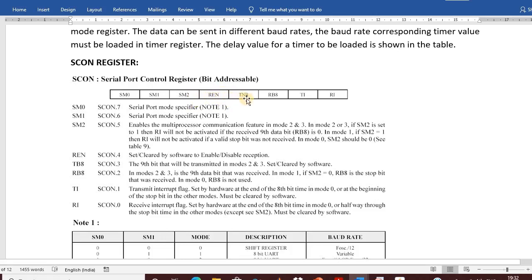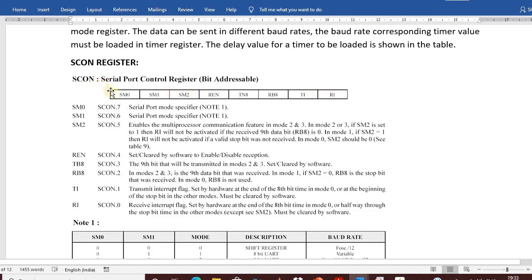Then transfer bit 8 and receive bit 8; both of these pins are used for mode 2 and mode 3. The next two bits are the transfer interrupt and receive interrupt. Once the transfer finishes successfully, the transfer interrupt goes high. Once all the data is received, RI goes high.